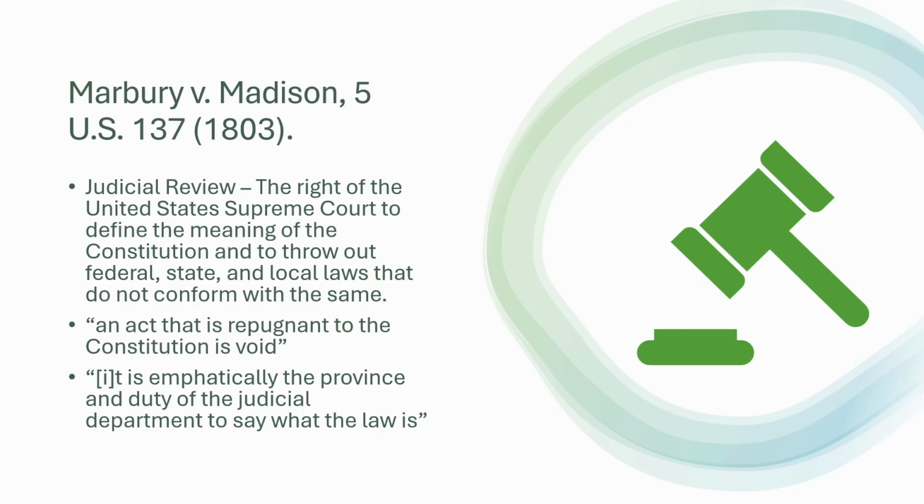In 1803, in Marbury v. Madison, the United States Supreme Court claimed the authority of judicial review, which is the right to define the meaning of the Constitution and to throw out federal, state, and local laws as unconstitutional that do not conform to the Constitution. Marbury is a complicated case to disentangle, and at this point you merely should appreciate the fact that the lasting significance of this famous case is Justice John Marshall's proclamation that an act that is repugnant to the Constitution is void, and that "It is emphatically the province and duty of the judicial department to say what the law